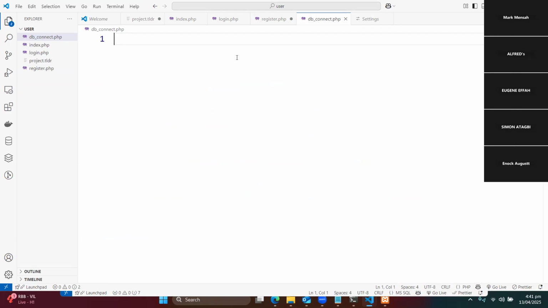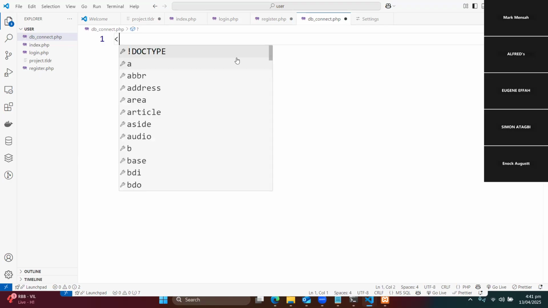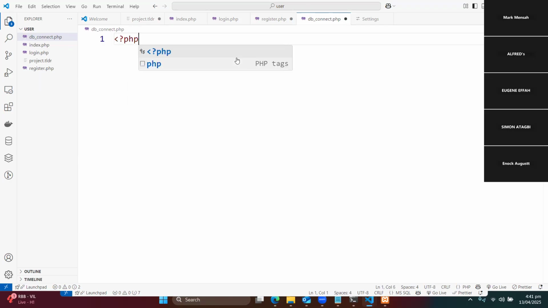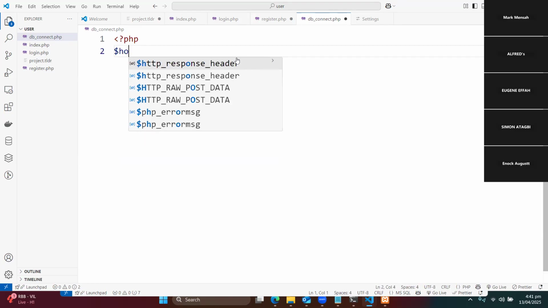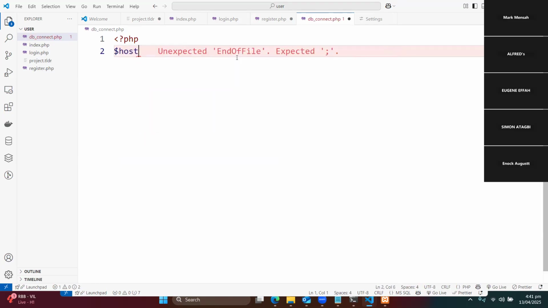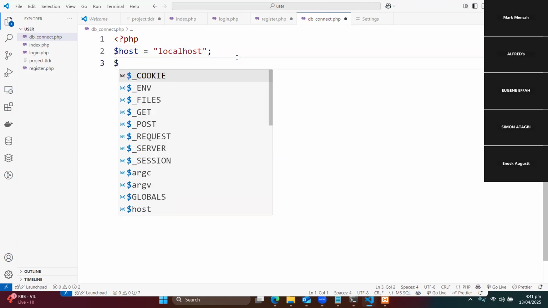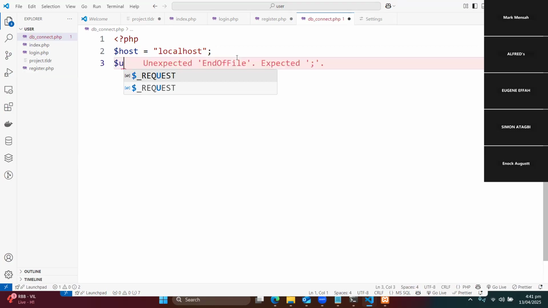What information do you require? You require the host. Who is hosting your application? In our case, our host is localhost. You require the username